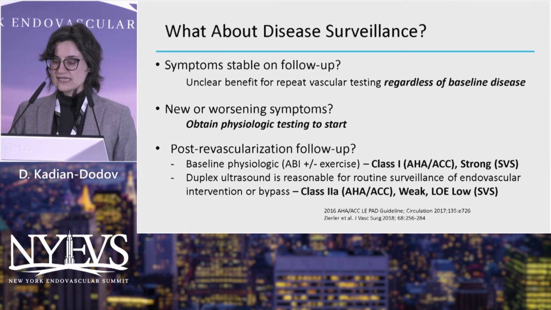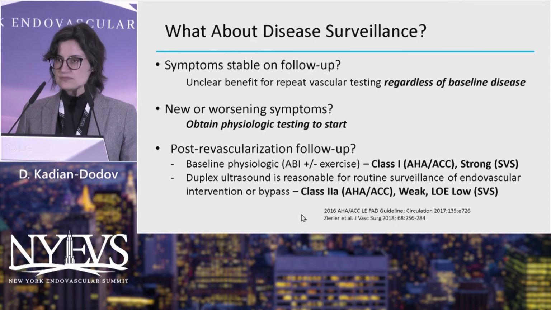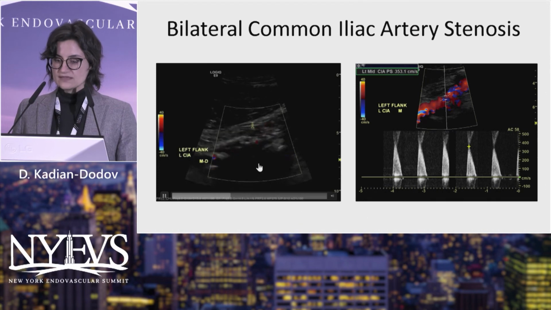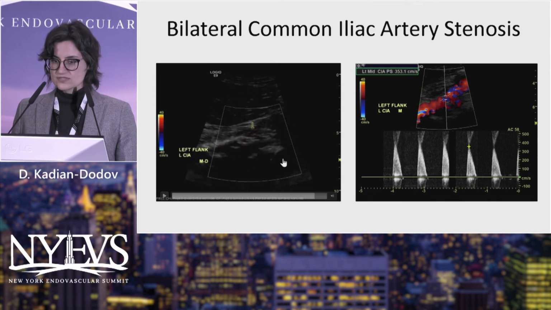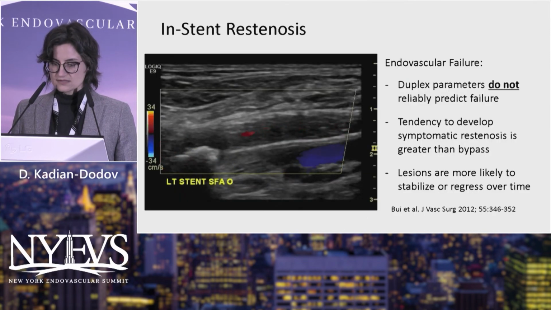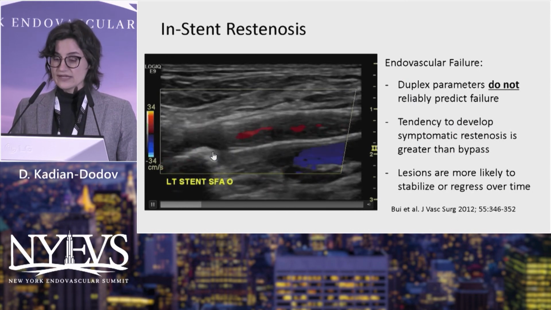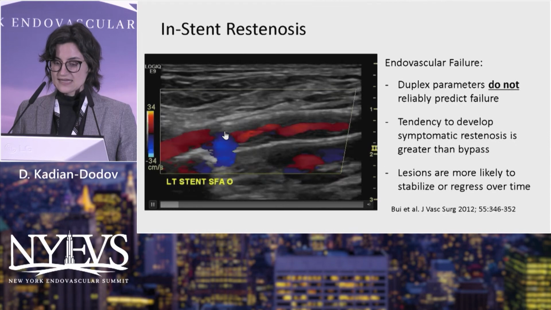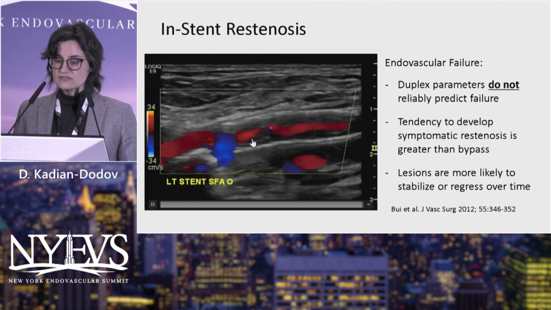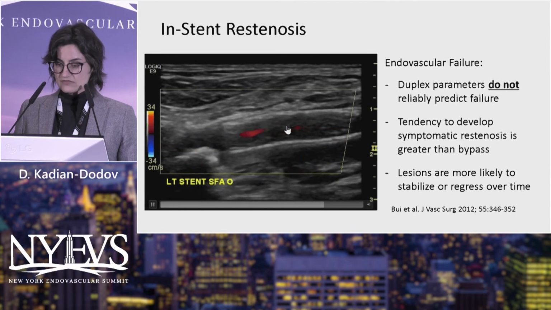Post-revascularization, we get a baseline ABI with exercise, which is supported by the guidelines. And then duplex is reasonable for routine surveillance of endovascular intervention or bypass. We typically do that. This is an example of what in-stent restenosis can look like on imaging. So we can see the stent edges here, incomplete filling of the stent with turbulence in that area and elevated